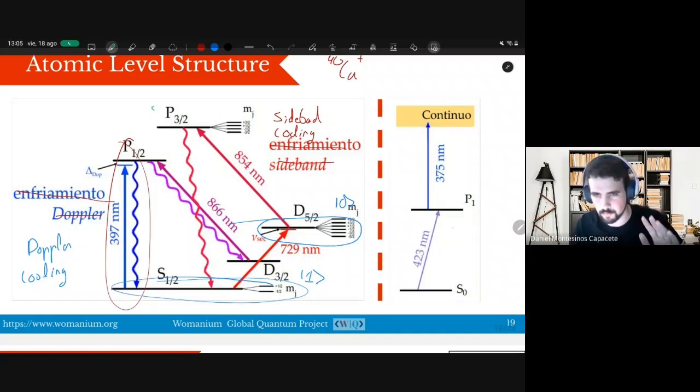We have a lot of different energy levels. If we have two energy levels here, we have 5 or 6 energy levels here. I don't remember. Yeah, 6. Here we have another 4 energy levels. There are a lot of energy levels. So in the end, we choose the energy levels that we want for our qubit, and somehow, as I will try to explain in the next slide a little more,